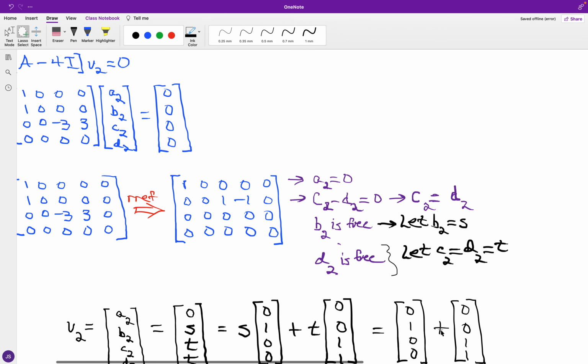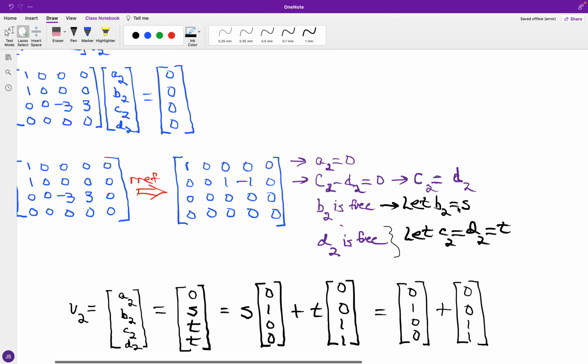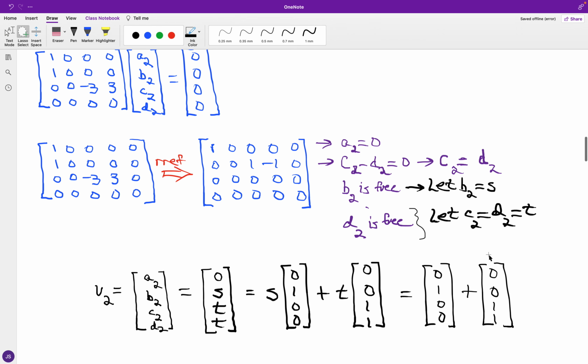And since we have 2 free variables, we can let b sub 2 be equal to s, and with d sub 2 as the last free variable, we'll let this be equal to t, and also due to the fact that c sub 2 is equal to d sub 2, we'll have c sub 2 equal to t as well. So for the second eigenvector, we have a sub 2, b sub 2, along with c sub 2 and d sub 2, assigning the variables s and t respectively. So a sub 2 is 0, b sub 2 is s,